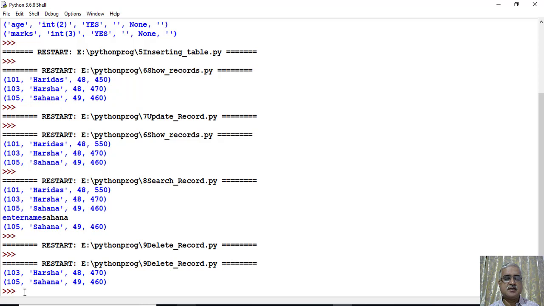So far we have discussed all the DDL, DML and DCL commands by using Python scripting. Dear student, in today's session I started Python database connectivity with a brief introduction of DBMS. Then I discussed how to integrate a database with Python. Then finally I have shown you how to perform some of the SQL operations by using Python. I hope you have understood the concept of connecting a database with Python. Thank you.